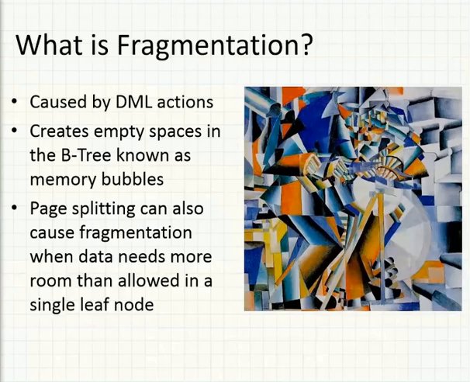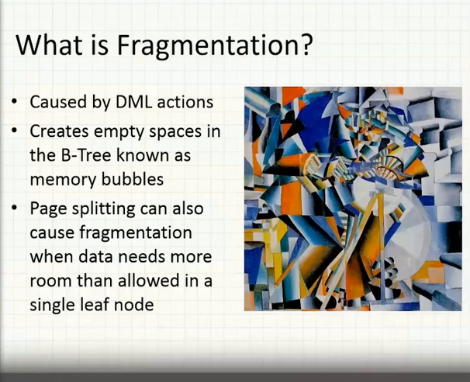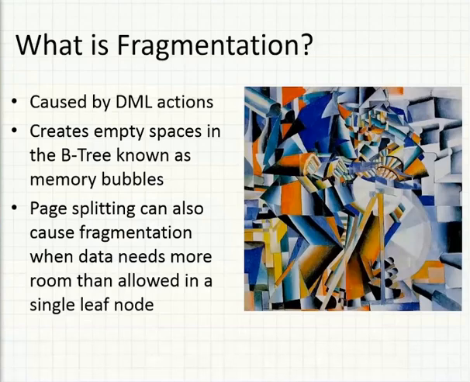And DML operations are the main cause of it, but there can also be issues when it comes to something like page splitting, which can also cause fragmentation. And page splitting, simply put, is when you have data and you're inserting it into the different nodes in it. We know that a node for a leaf page or a node for any of the balance tree components is only 8 kilobytes. Now, when adding data together, there's no guarantee that you're going to have exactly 8 kilobytes